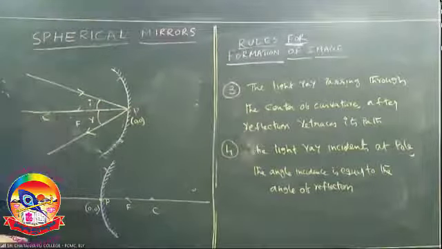Now from here onwards, mathematics. This is the same straight line. If this angle is theta, this angle is also theta. Why is this angle also theta? Alternate angles. This is horizontal, this is horizontal, and this is a straight line. So with the horizontal, it will make the same angle. If this is theta, this is also theta.